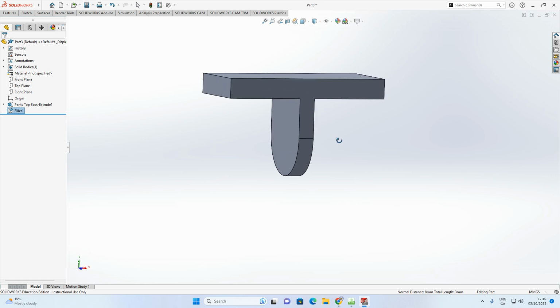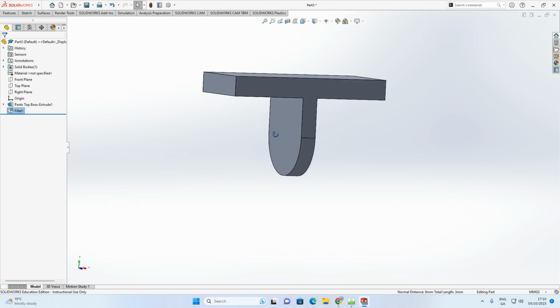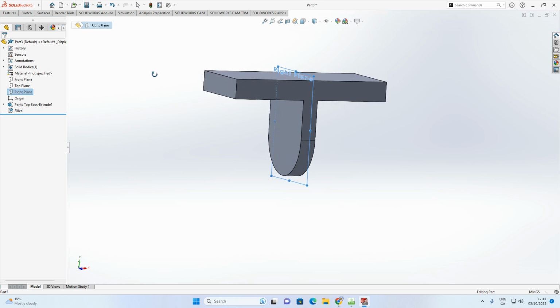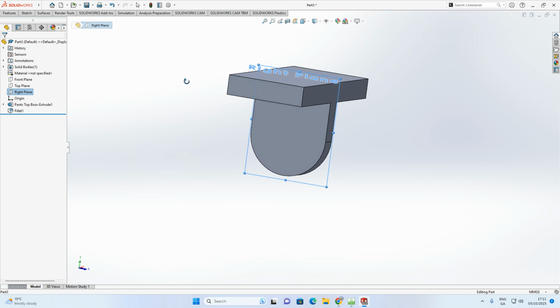Now what we're going to be moving on to is adding on a little, I suppose, extension parts here where we're going to basically attach on the legs. So to do that, we're going to start by sketching on the right plane. What you'll notice is our right plane is actually in the middle of our object, which is really helpful to us here. And that's how I took a little bit of design consideration in how I was modeling the first